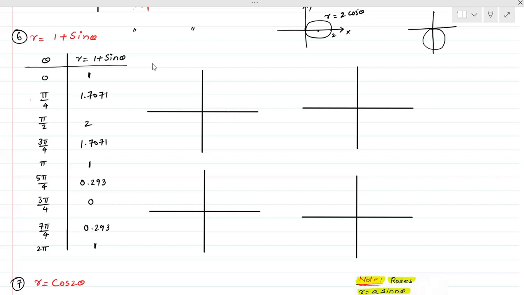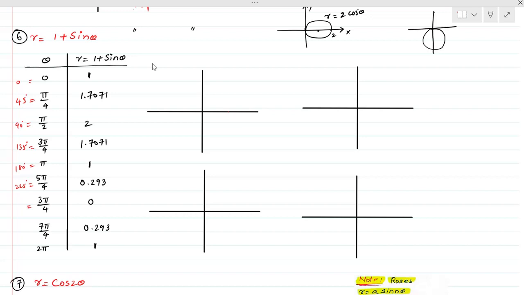So this is what we will take here: 45, 0, and here 90, and this is in between 135, 180, and 225, and here we will have